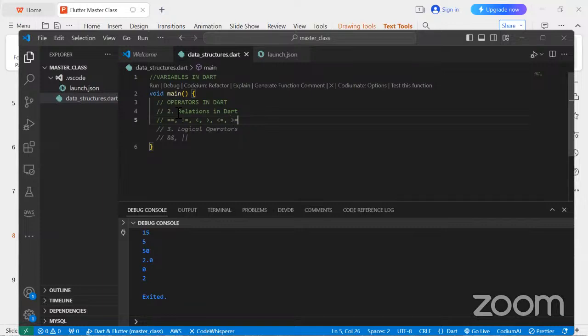These are things you could use in relational operators. So when you want to check if A is equal to B, you use this operator here. If you want to check if something is not equal to, you use this here, and so on. So the next one, which is the OR operator and AND operator, which is actually called the logical operator,